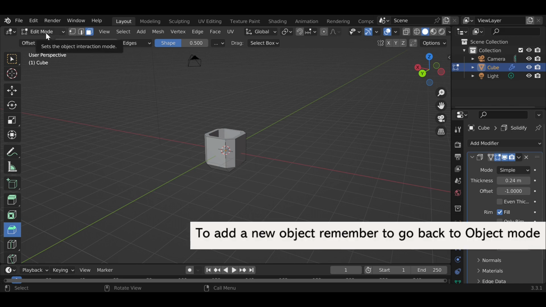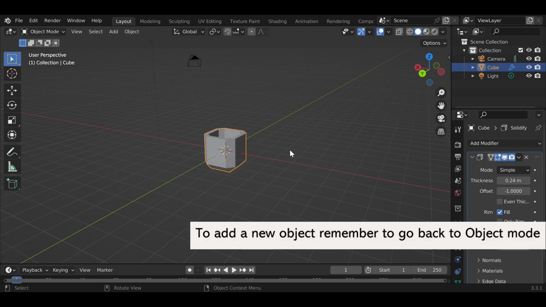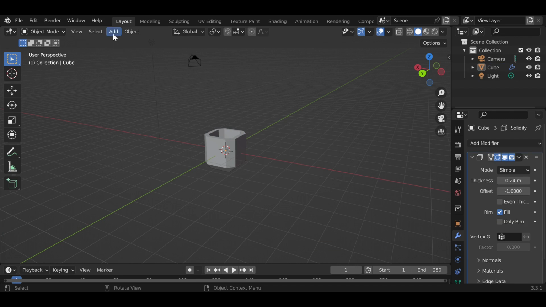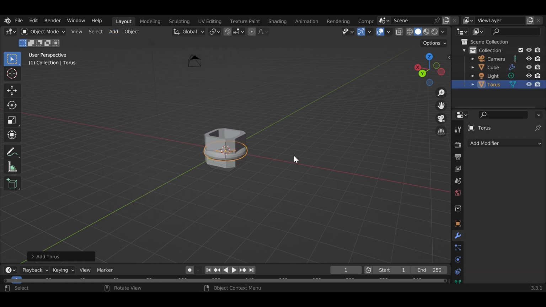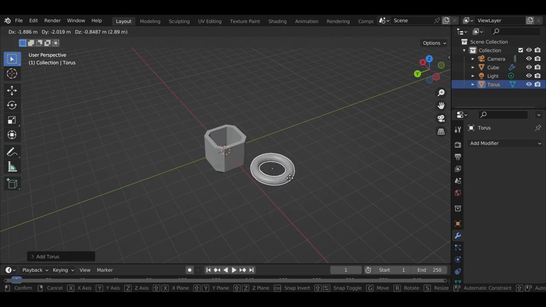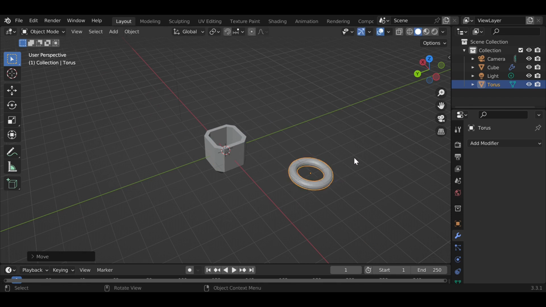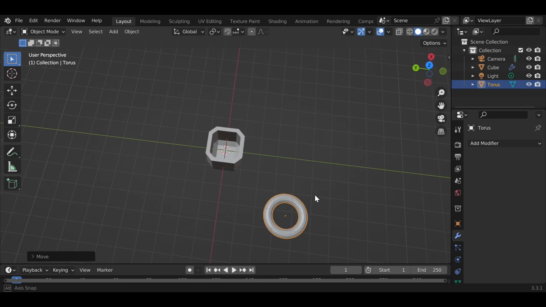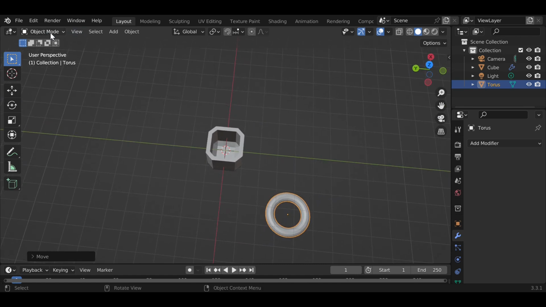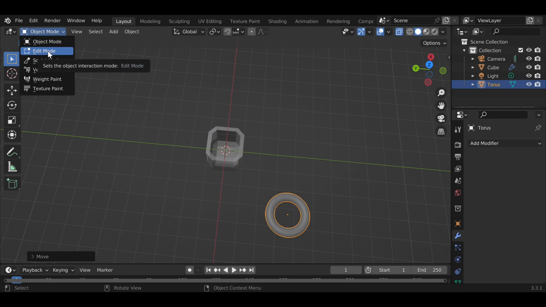So let's go back to the edit mode and go back to the object mode. Here click add, under the mesh category click the torus shape, basically the donut shape. Move the donut shape a little bit to the right. Move your camera by pressing the middle mouse button to the upside like this. Then click here on toggle X-ray, click back to the object mode, go back to the edit mode,